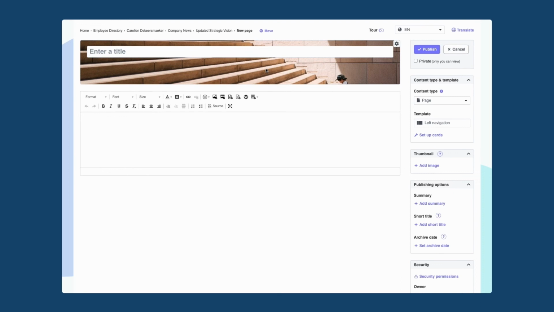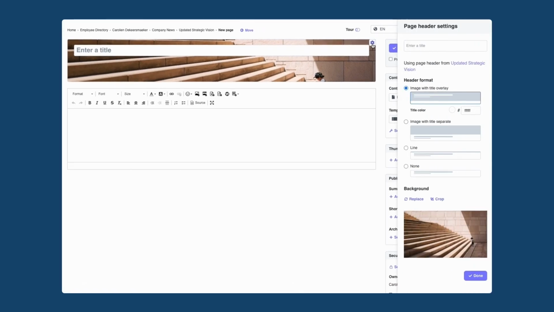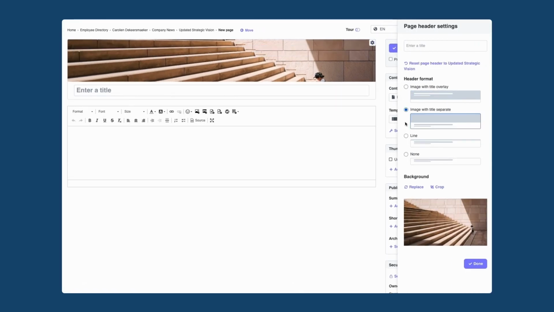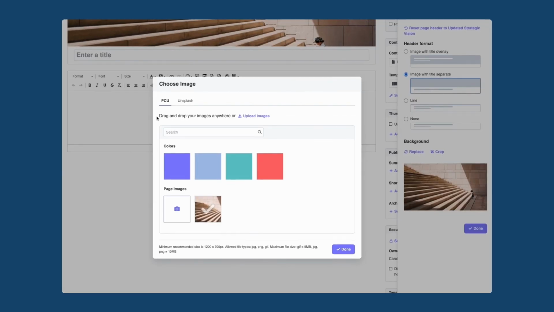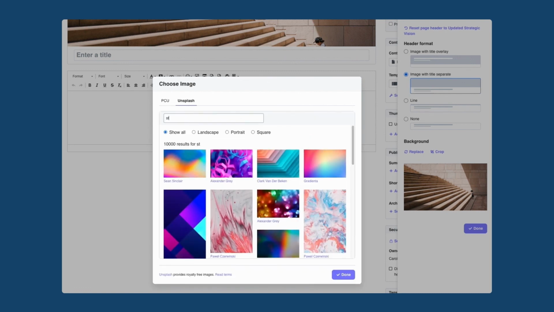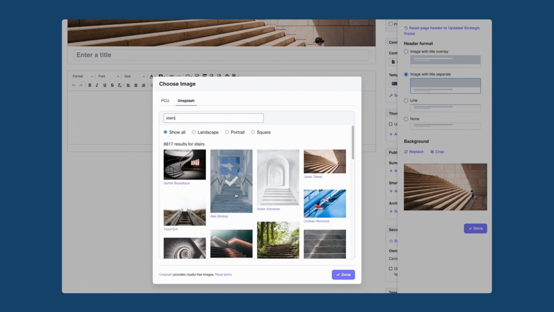page header design, the same page header image or color. That is the default way. Of course, you can always, like I said, go into the edit, the gear icon here, and customize what this will look like for the new page that you are creating. If you have an image already on a page, you're editing it and you'd like to replace it, you'll see a preview of the image here. Just click on replace, and then that will allow you to either select one of your theme color blocks, or you can upload an additional image, or of course search Unsplash to find any additional images that might work better